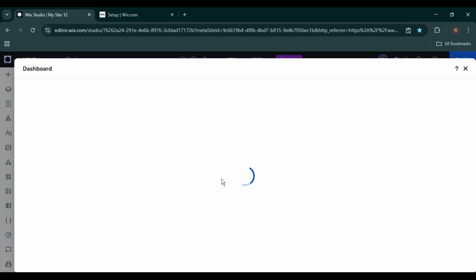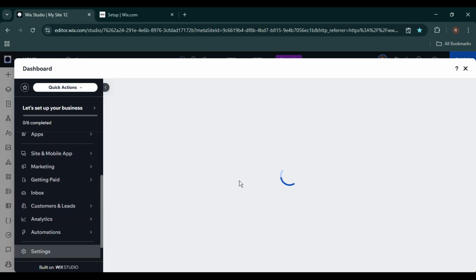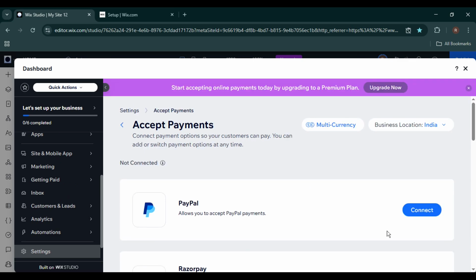At this point, Wix will prompt you to sign into your PayPal account. Make sure you're logging into the PayPal account where you want to receive payments. Follow the on-screen instructions, review the permissions, and approve the connection. This allows Wix to securely process payments through PayPal on your website. Once the connection is complete, you'll be taken back to Wix Studio, and PayPal will now be enabled as a